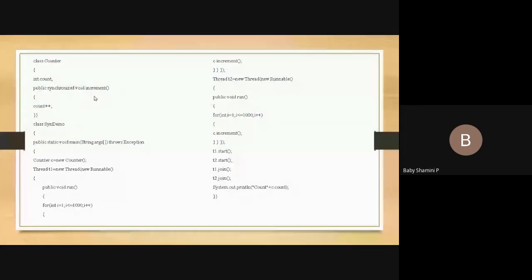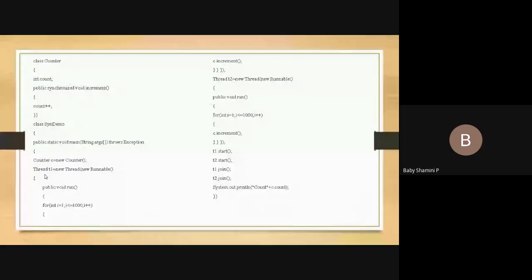See here, we have the method public void run. Can I declare public synchronized void run? That is our main question in the thread concept. I am using a synchronized method as a separate method. Can I declare the synchronized keyword in the run method? No, I cannot declare the synchronized keyword in this run method.